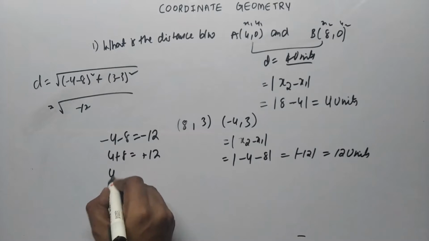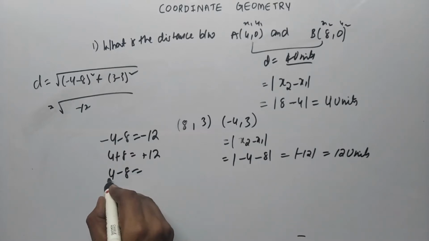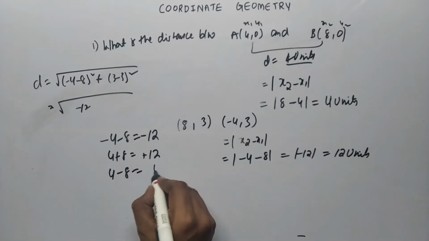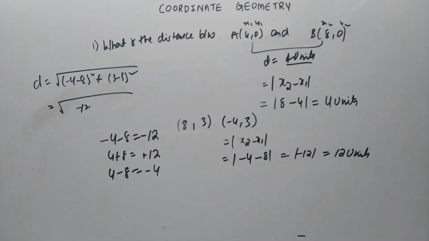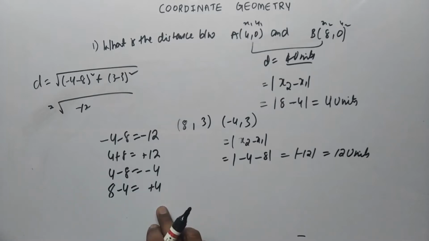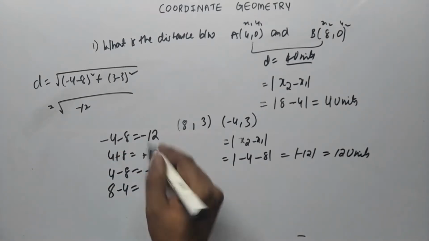Suppose you have the question 4 minus 8. Whenever you have two different signs, you need to subtract. 8 minus 4 is 4, the bigger number has minus, so we are going to get minus 4. If you have 8 minus 4, then 8 minus 4 is 4, the bigger number has plus here. So this is the way you add or subtract integers. Many of them are making mistakes while adding and subtracting. Many people have sent me questions, but they have made this minor mistake.